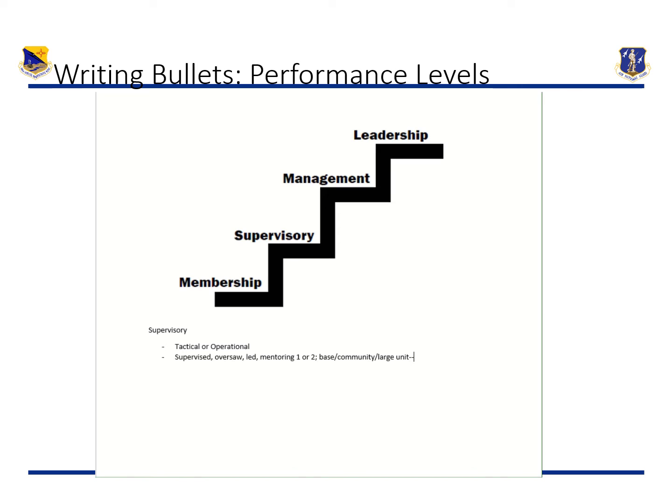And when we're talking about the results of a member at the supervisory level, in the military, Air Force, we could see something along the lines of group. We could see wing level impacts. Very rarely will a person's supervisory level performance have an Air Force-wide impact. Again, if you have a person that did something amazing, but you can only think about a result that spans to the group or wing, then you either need to dig some more and find out if the action actually clearly impacted well beyond that, or you just have to be honest, right, and basically capture where the member is at.